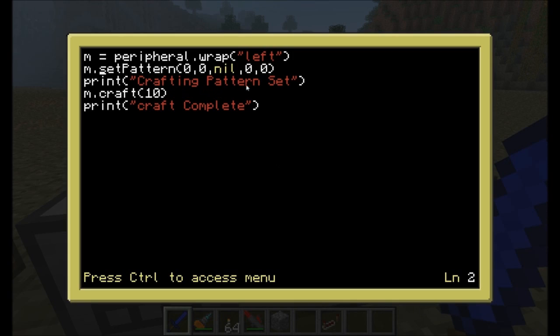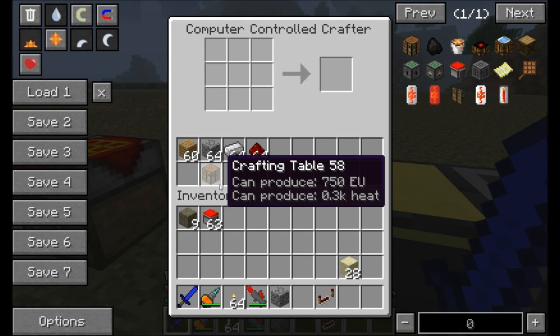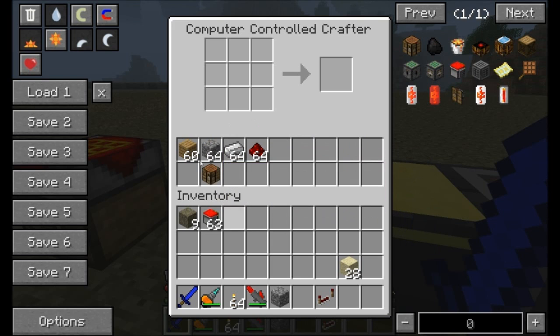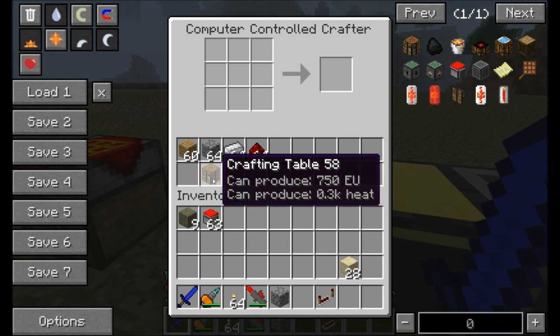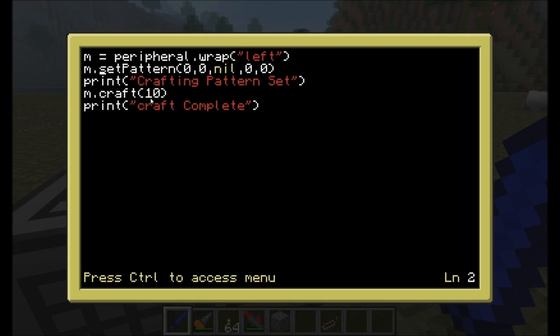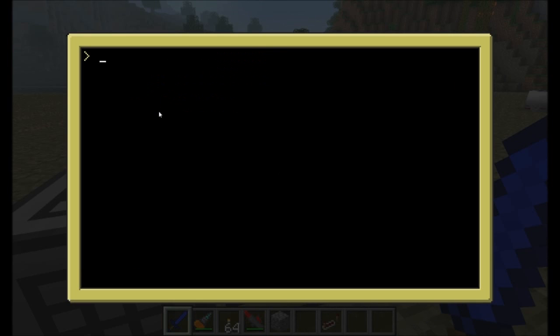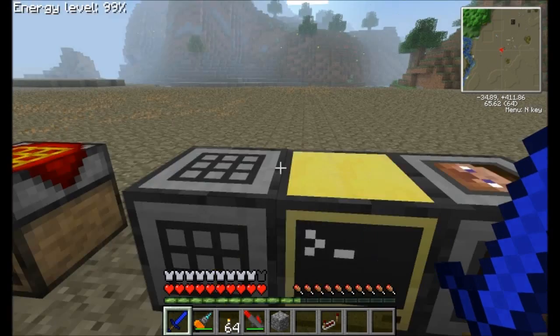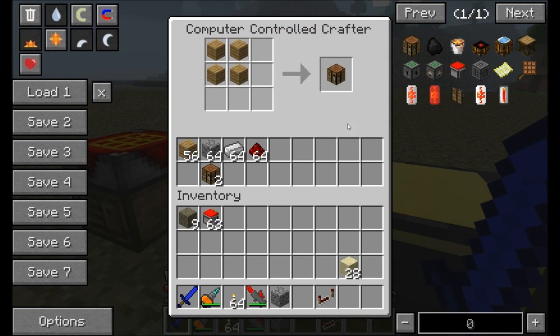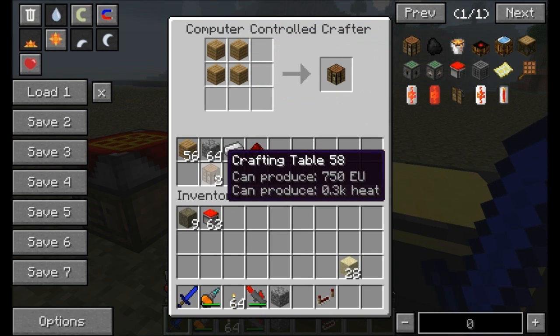It's going to print out that the crafting pattern was set, and then it's going to issue the craft command, and the number 10 here tells it what slot or inventory position to put the crafting table after it's done. So 0, 1, 2, 3, 4, 5, 6, 7, 8, 9, 10. So this is the 10th crafting slot. So once we run this command, which is craft bench, boom, crafting pattern set, craft complete. You'll note that it now set the crafting pattern, tells you what it's making, and it made a crafting table